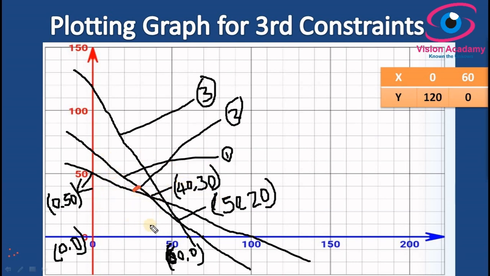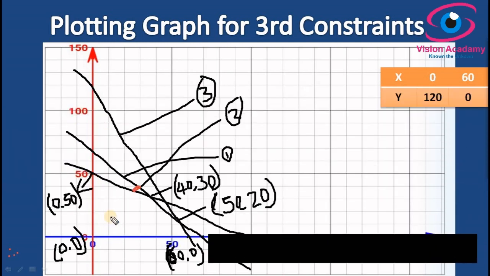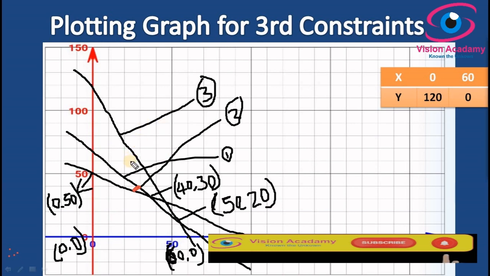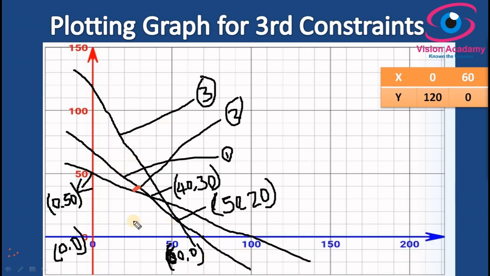We can shade the whole area below this according to the inequality, but we should also consider the second and third constraints. The second constraint inequality is also of lesser than or equal to type. We can shade the whole area below the second constraint, but we should also think about the other constraints too. The third constraint is also lesser than or equal to type. So here also we have to consider the other two constraints. All three constraint inequalities are of lesser than or equal to type.